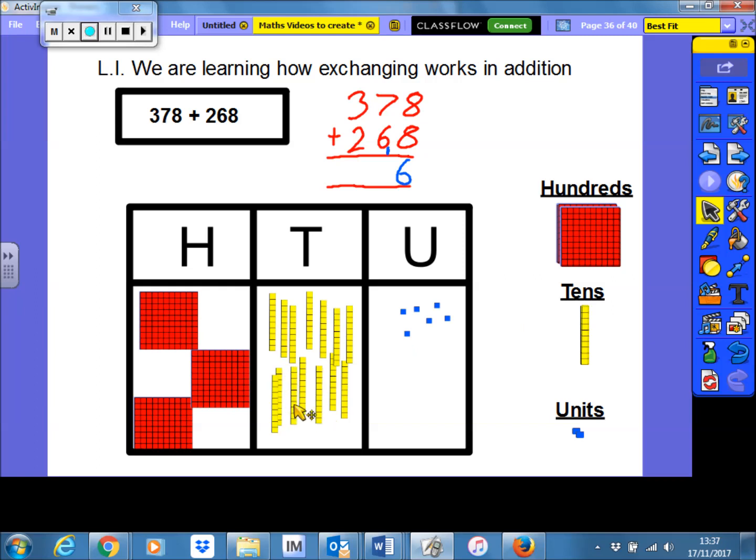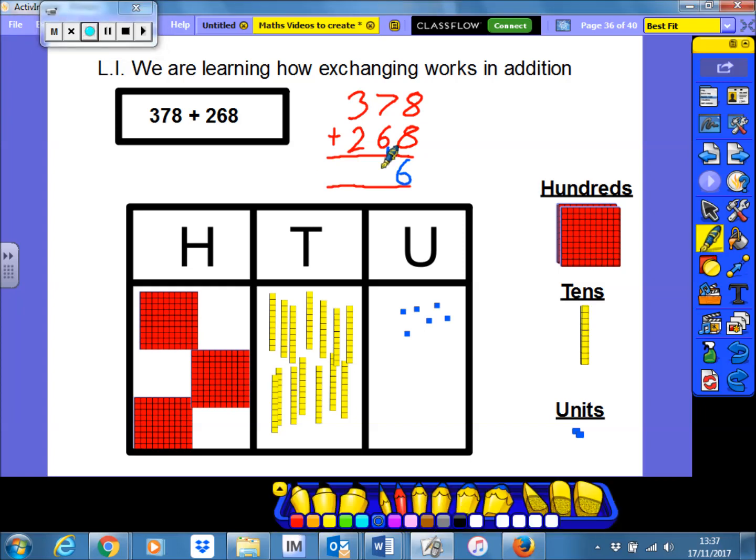And once again, we have too much in that column. There are way more than 9 in there. As a matter of fact, there are 14. I can only fit 4 of them in this one, and the other 10 will have to move up into